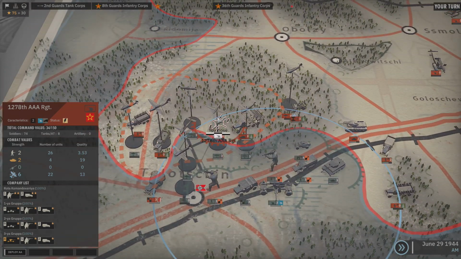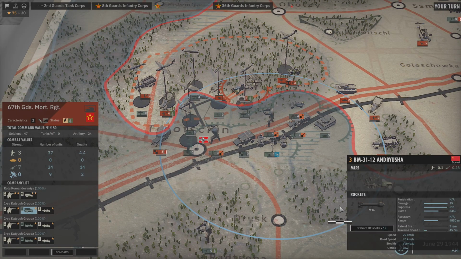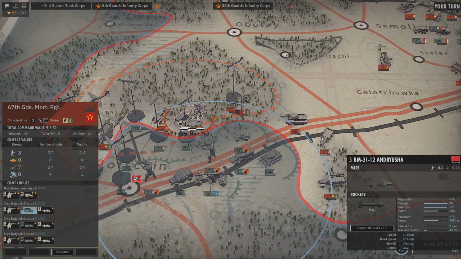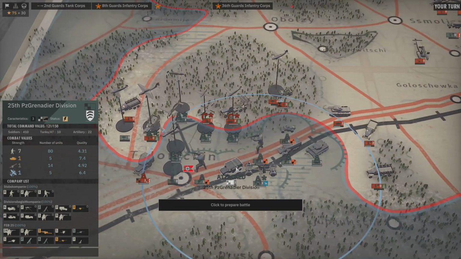Oh, this throws a real wrench in my plans. This mortar brigade, what are the MLRS with the rockets? They can inflict some damage. So I guess I'm going to have to bring them into a battle, and we're going to have to attack somebody else. But these guys are all dug in. Maybe this needs to be my initial attack, and then I'm going to have to pick one from there. I wanted this to be my secondary attack. But I'm not going to have the...